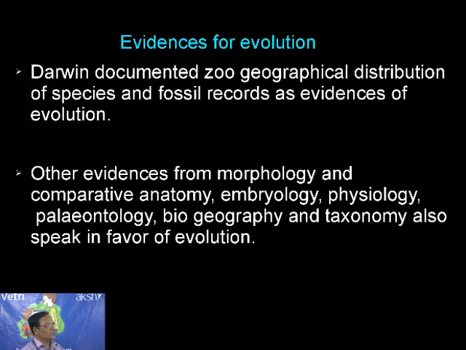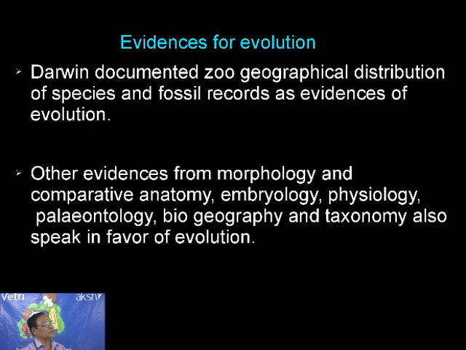So far you have seen the various concepts regarding the origin of life. We have the origin of life by means of abiogenesis and the diversity of living organisms by a process of biogenesis, that is nothing but the formation of life from pre-existing organisms. Now we have to provide some support in favor of organic evolution. So various evidences have been presented by different people in different fields in support of organic evolution.